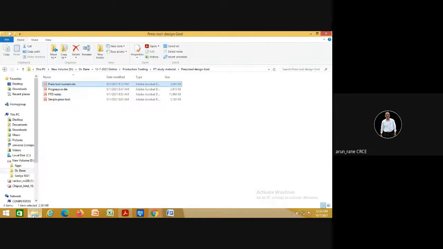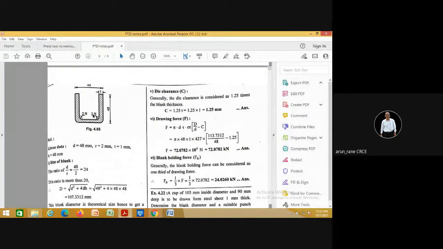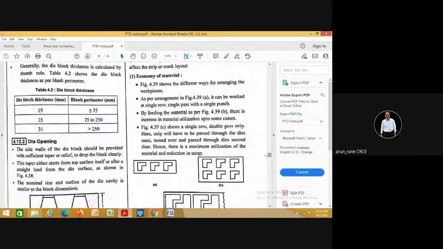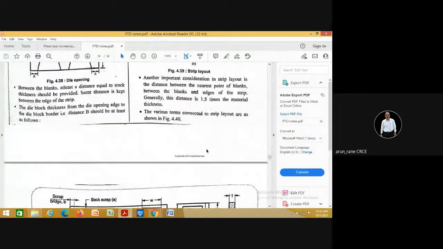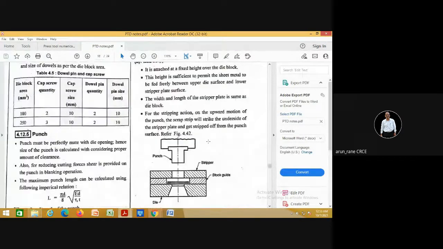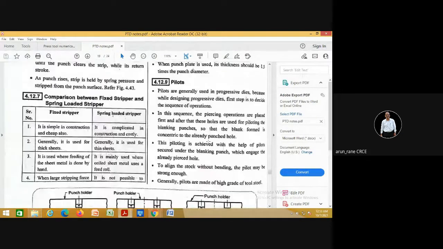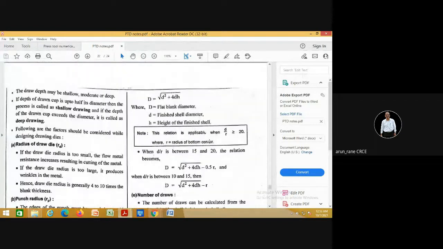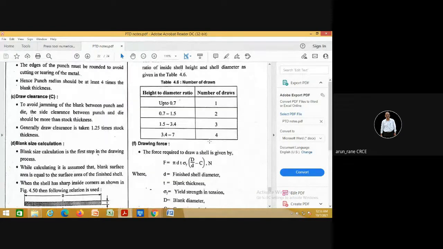Just a minute, let me open that. See, here it is, the number of draws, table 4.6.